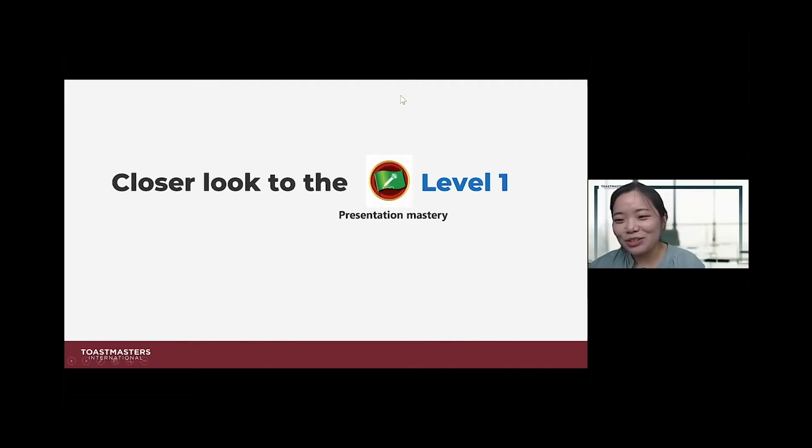I know a lot of attendees here are new beginners, and if you know the name of your path, can you change your name to include your path as well? For example, David Devora, underscore, Presentation Mastery. If you know the name of your path, you can do that. If you don't know, you can just stay as you are. I just want to know how many of you know the name of your path.